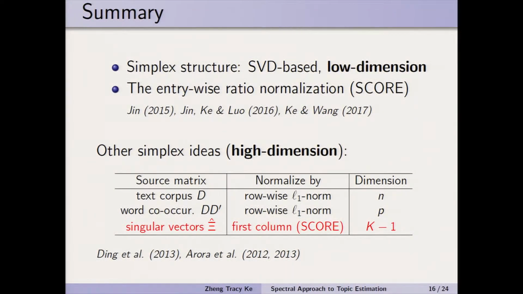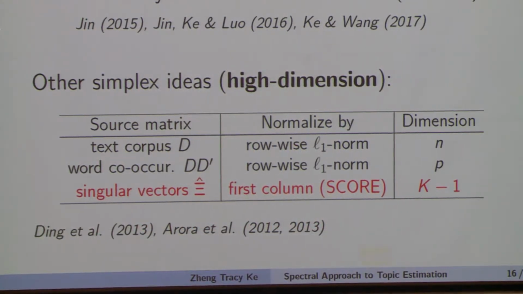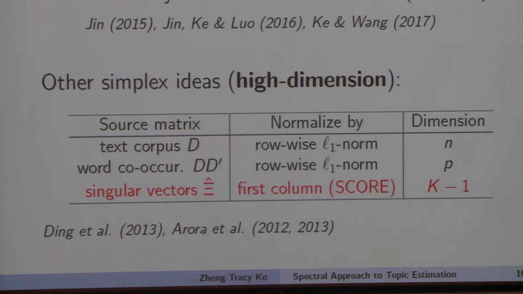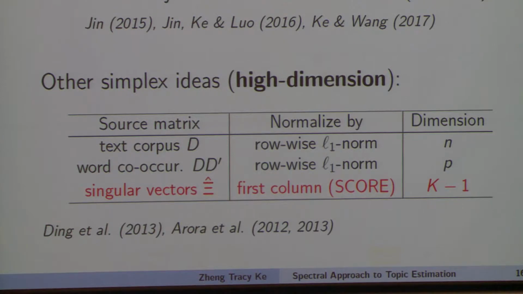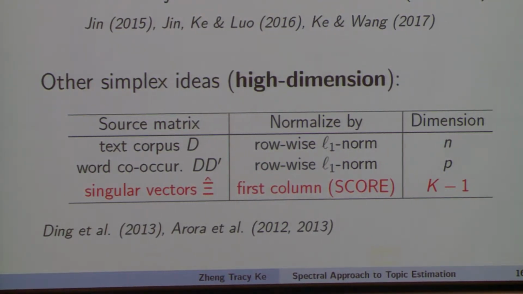Unlike in this other simplex structure, where you can find some trivial ways to normalize because all the data live in the positive cone, that's not the case here. And score is actually a very smart way to do the normalization. Score was originally proposed in this paper, and they found it was very effective for network community detection. Later, in my collaborated work with the author, we extended score to network mixed membership estimation, and today we further use it for topic estimation.